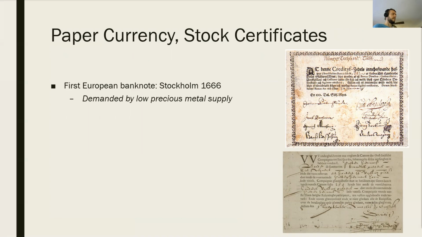And this was demanded by the fact that prior to this, the main representation of currency were precious metals, such as gold and silver. And now, of course, there's a very small amount of these metals, and it's very difficult to actually move that amount of metal around, especially when there's large quantities of it. But it is much easier to bring around a paper certificate that certifies you own a certain amount of precious metal. And this idea was first pioneered in Sweden here in 1666.